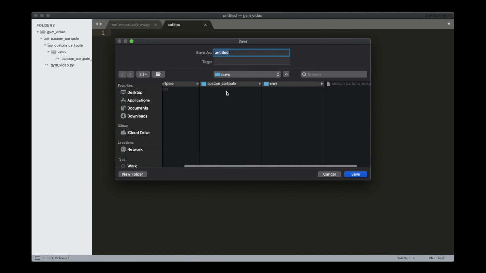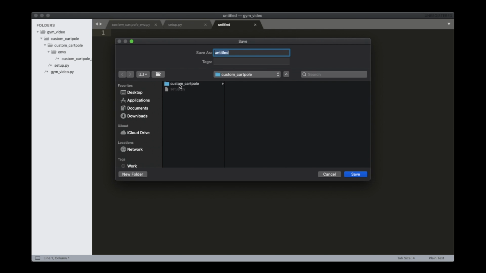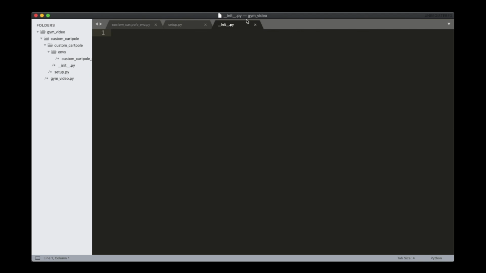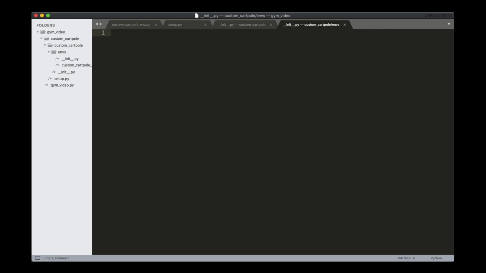Now create a new file to be placed within the parent custom_cartpole folder and name it setup.py. Create a second file, which would be saved as __init__.py within the inner custom_cartpole folder, and then add a third file called __init__.py, which is placed within the innermost folder named envs, along with the custom_cartpole_env.py file.